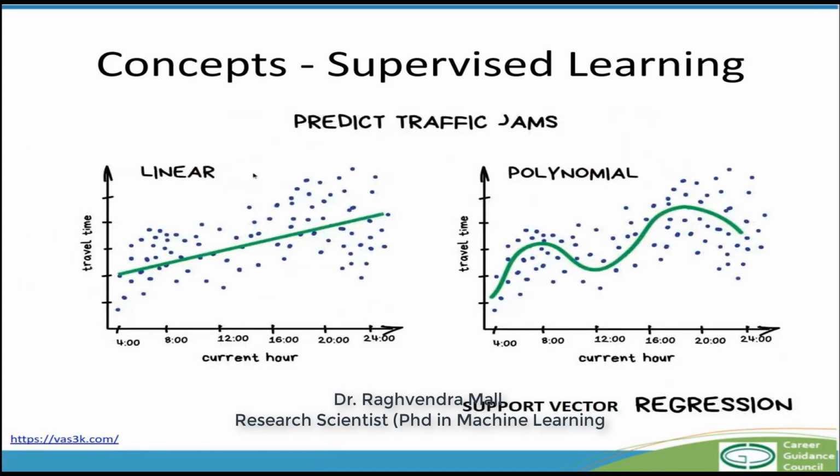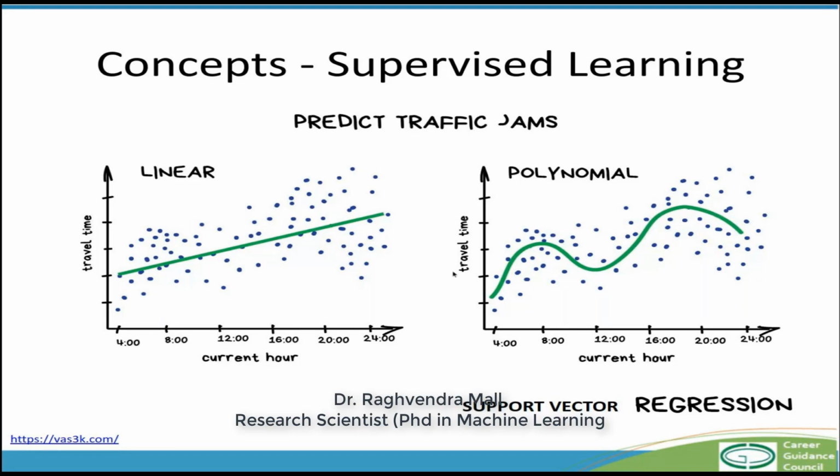Some other examples are, for example, predicting traffic jams. If people live in Hyderabad or in Bangalore, they definitely know that this is a big problem. Over a period of time, I can see how many vehicles there are, or the amount of time it takes in a particular hour of the day. I can plot it, and if I want to predict when there will be huge traffic jams and what the hours of peak traffic are, I can fit a model. If I fit a linear model, I have more errors, but if I fit a polynomial, I have much fewer errors in my model.